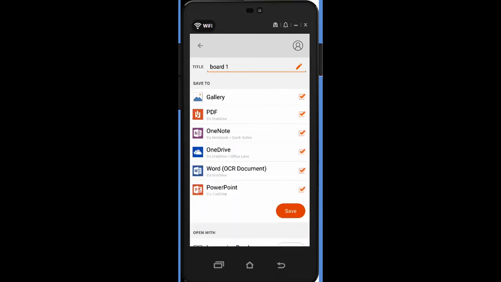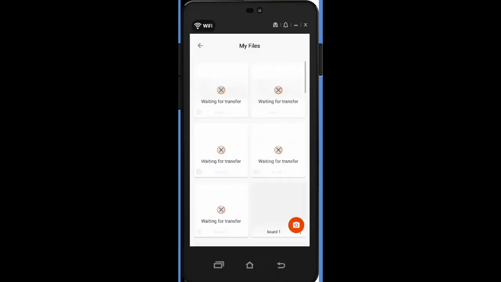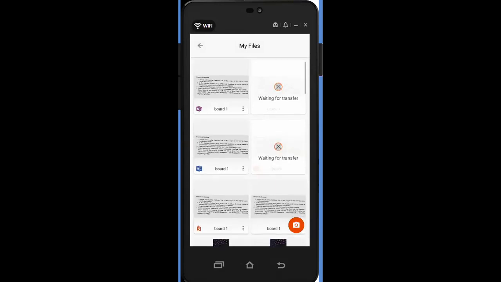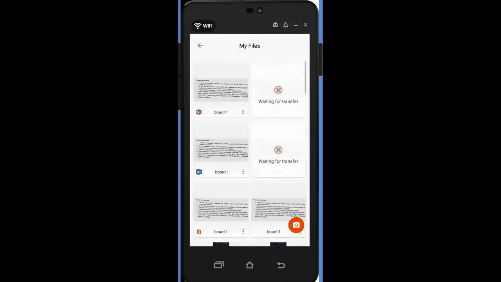Now, as I have said, it automatically syncs with your OneNote and OneDrive. So you just go back to your OneNote and OneDrive, and then you can recover. You can see that all of this data is available readily to you. Now, this is the beauty of this Microsoft Office Lens. As you have seen, we can take a quick copy of the printout.